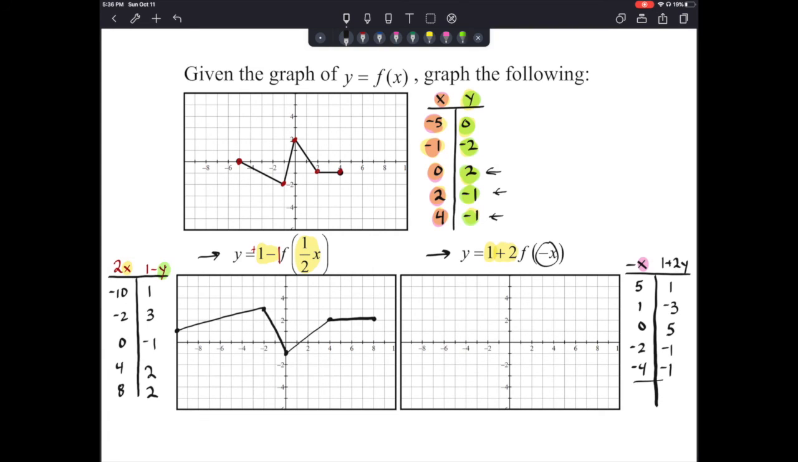And all you need to do now is plot those points. So 5, 1, 1, negative 3, 0, 5, negative 2, negative 1, and negative 4, negative 1. And as we connect it, as we go from left to right,